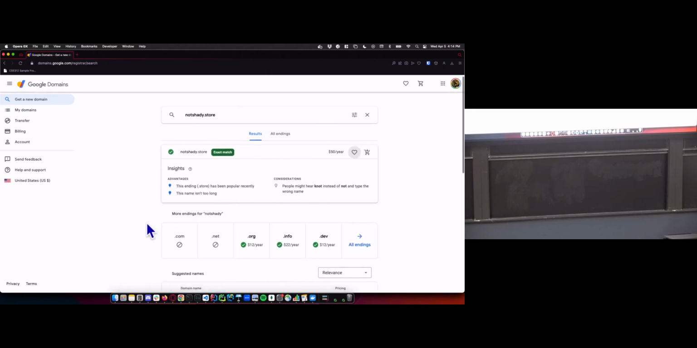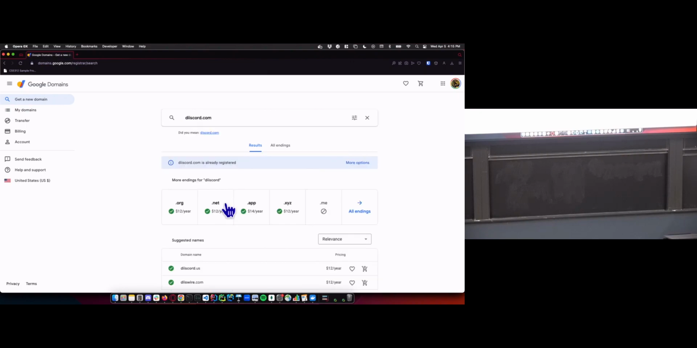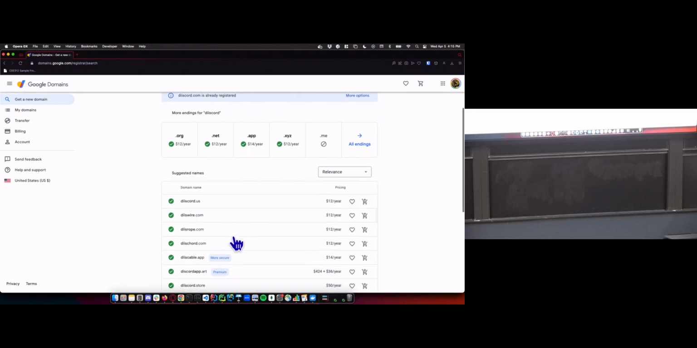Not shady.store. $50 a year. Oh, all right, I'm not spending $50 though. I was game for that one, but not shady.us, maybe. Is Discord actually available? Discord.com with 2 I's. It's already registered. Again, .us,